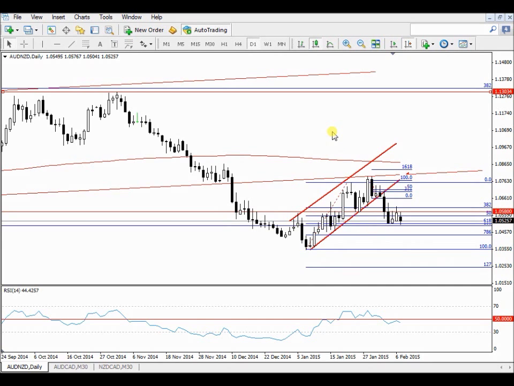I just want to talk about a little bit of money management. Me personally, I don't use more than 4 to 5% of my account on any given trade. And remember, I've been in this game for the last 12 to 13 years, maybe more.